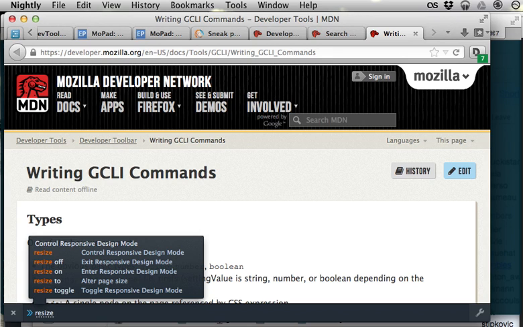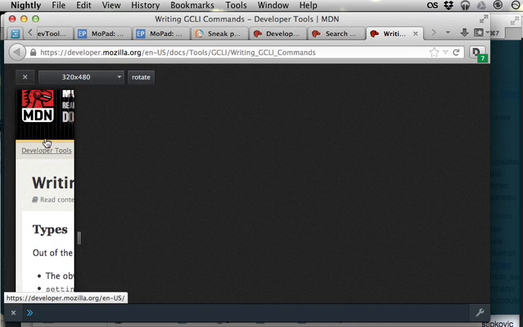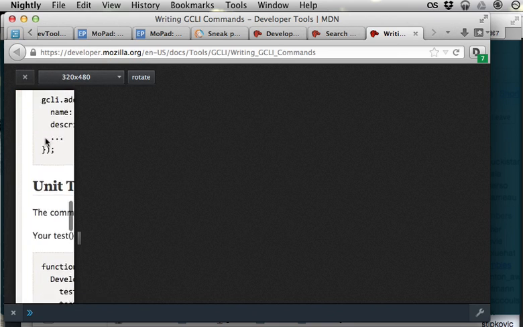So the resize command can do different things, and probably the most interesting thing here is resize to command. Here I can enable responsive mode in specific width and height. So it may not be in my presets. For instance, let's say 100 over 500. So that's definitely very custom, and I can see that it's been enabled in a very specific width and height